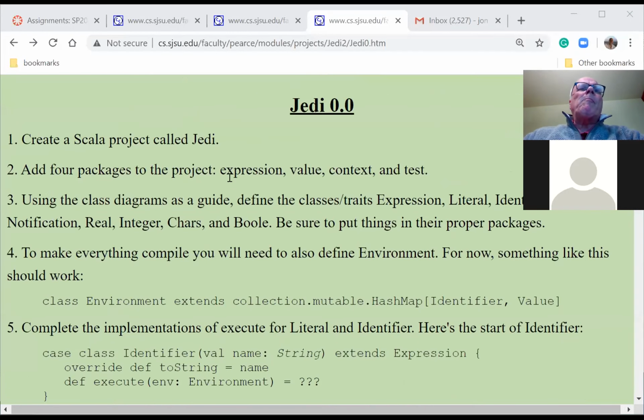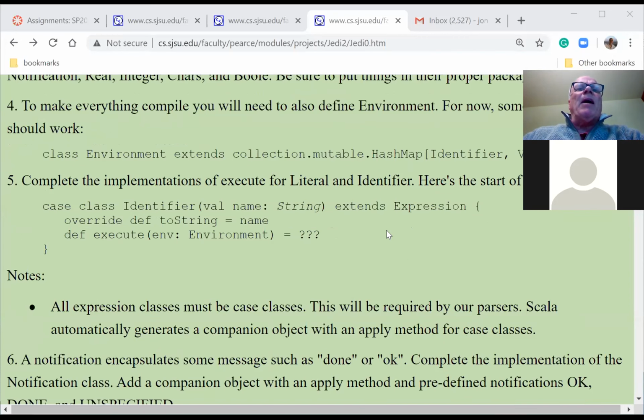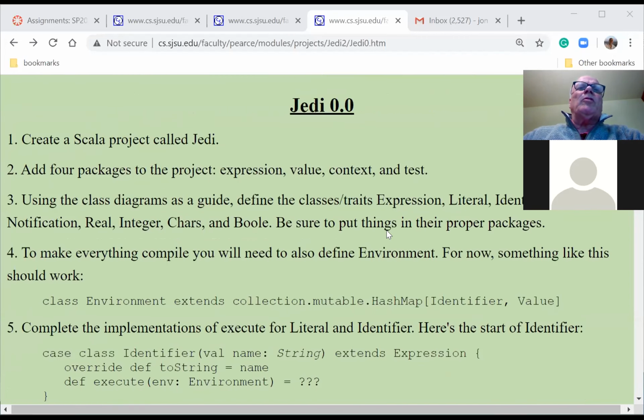All right, let's step away from this for a bit. So that's Jedi Zero. This is just the foundations, the starting point that we'll need.